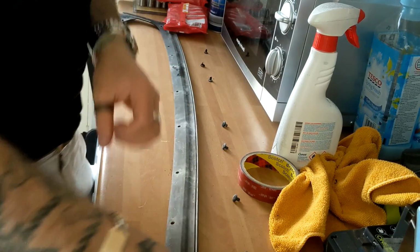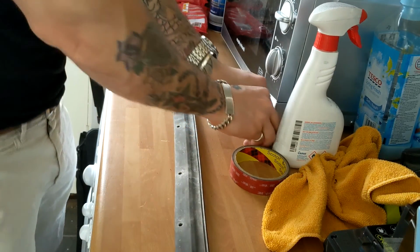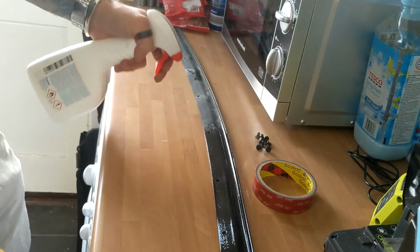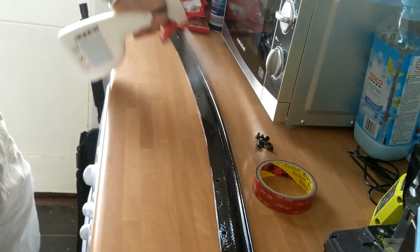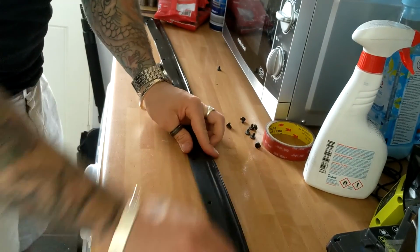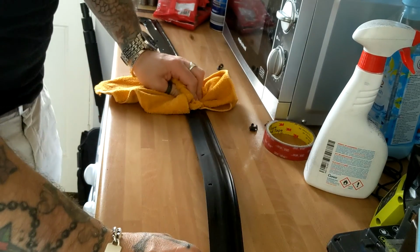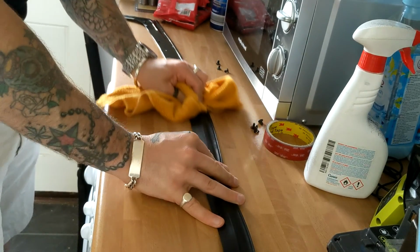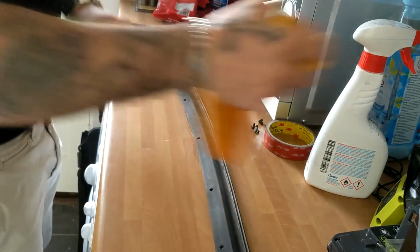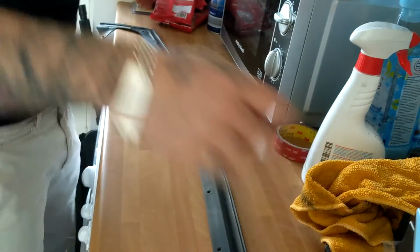So it's always good if you can to reuse some weather stripping and stuff like that. It really does help. It serves a purpose. So yeah. Should have made the bloody clips. Shout out to the clips that don't want to